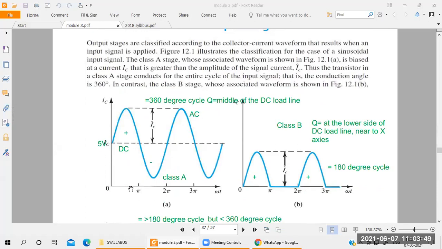Understood? So this is the complete output of the Class A amplifier. Output means what here? In terms of voltage and current. For the x-axis they have taken time period, and for the y-axis they have taken current. Which current? Output current. Output current means, if you use a BJT transistor, what is the output terminal? Collector. So collector current is the output current for the BJT. If it is a MOSFET, it is drain current.